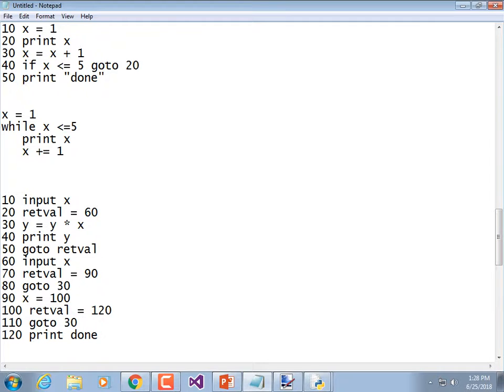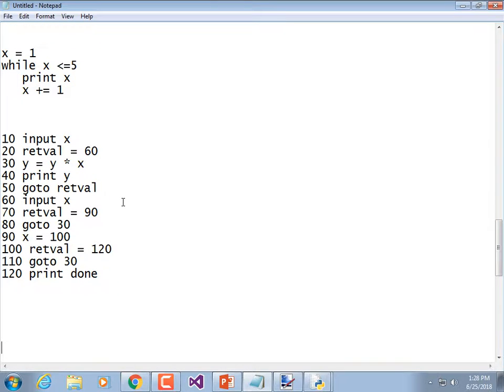Alrighty. Again, unless I've made an obvious mistake, this would work. But what is it doing? By setting this ret val equal to 60, we're saying go to this line number when we hit this statement, go to ret val. So what does it do? You type in a number, it squares it. I've made an error in my equation, pretend that says x times x. It prints it out, and then it goes to the return value that was specified, which is just another input